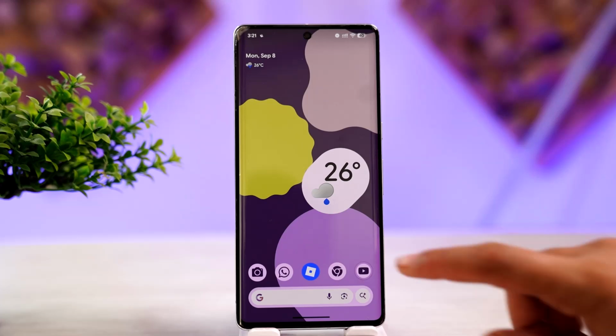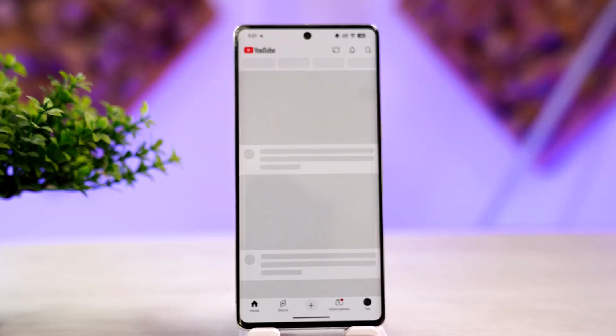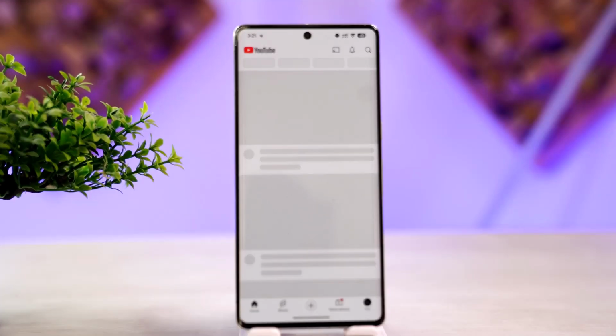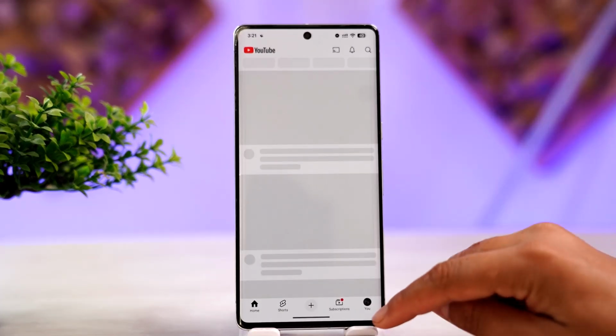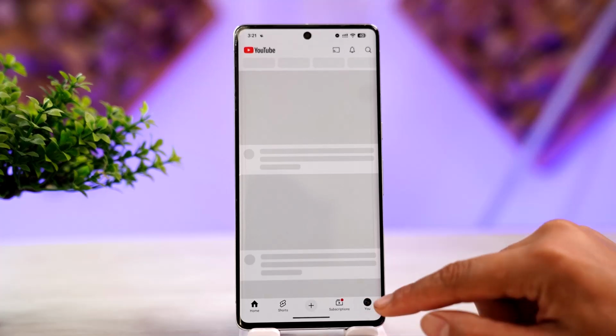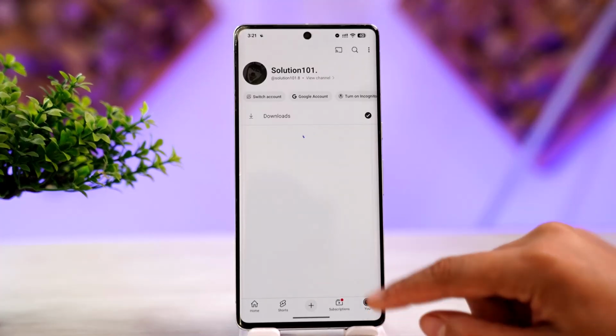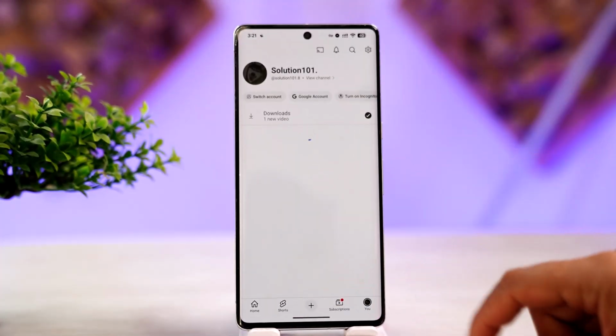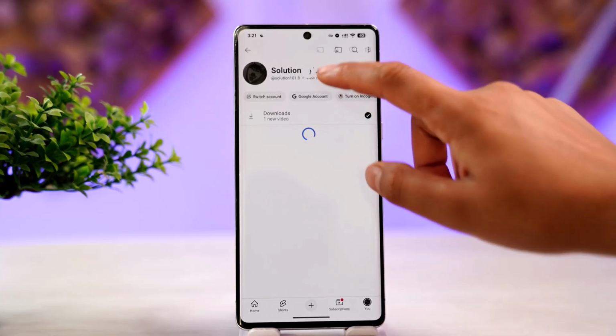To do this, you have to first of all open the YouTube application on your device. You could use a web version. Either way, the procedure will remain the same. After you're logged into your account, what you want to do next is simply click on the You section from the bottom right corner of your screen. After you're taken to this page, you click on view channel,